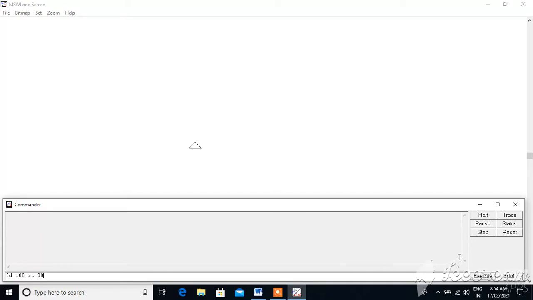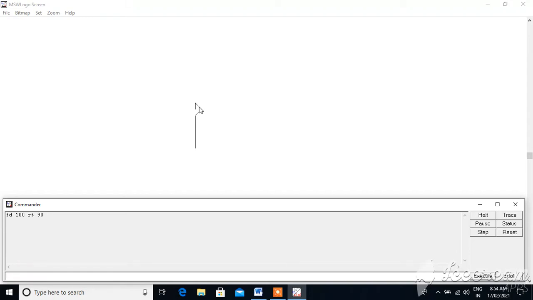Now I will execute this command. See, the turtle moves in a straight line 100 points forward and turns its face to the right side at an angle of 90 degrees. Now you understand? So this is the turtle that draws the line on the screen.